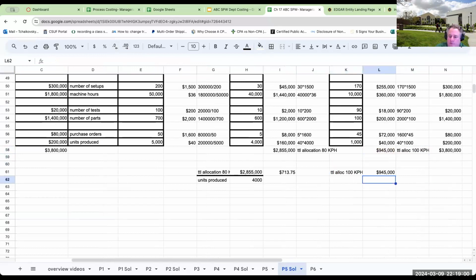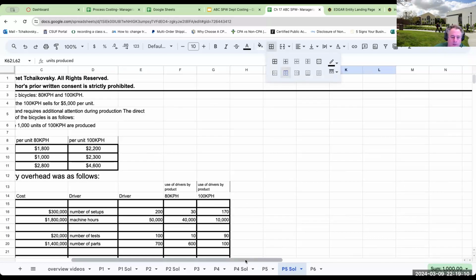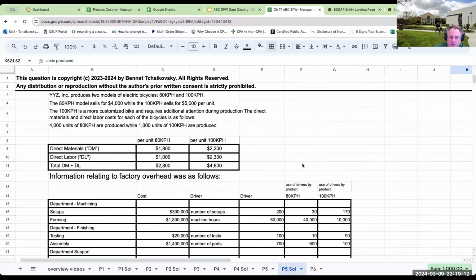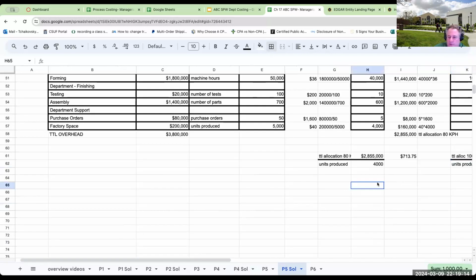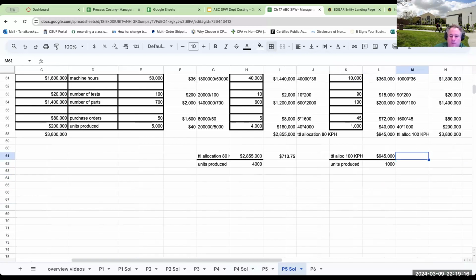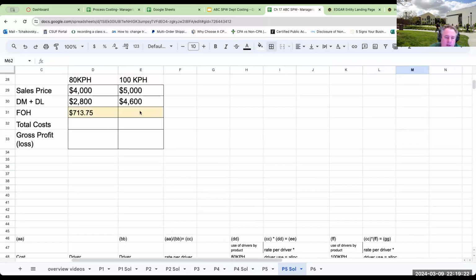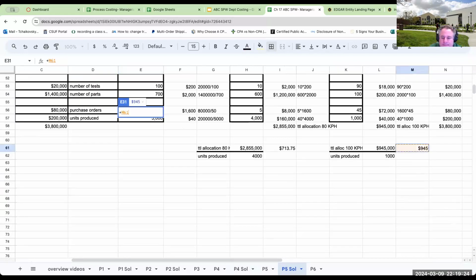My total allocation for the 100 kph is 945,000. I produced 1,000 of these units. How do I know I produced 1,000? It's in the problem, right? Coming right up over here, you've got 1,000 units of 100 kph being produced. So my rate per unit for the 100 kph is 945. So if I put 945 up here,